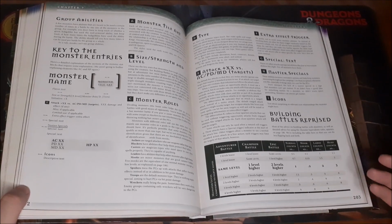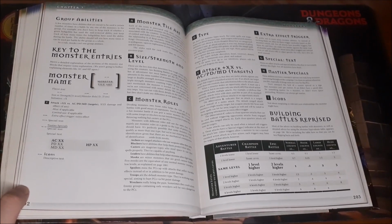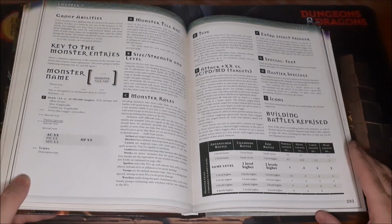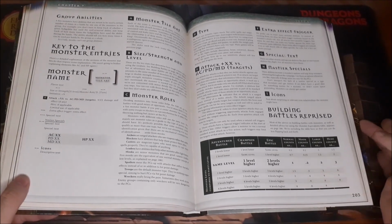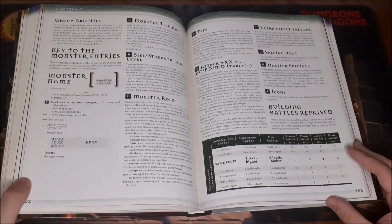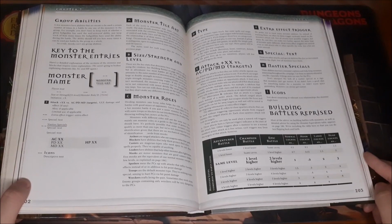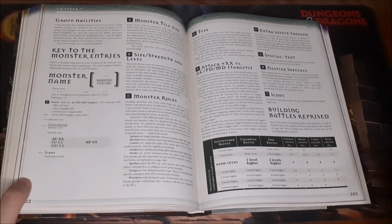And what that does is it gives you bonuses. I think it's to attacks. It might be attacks and damage, but I think it's just attacks. But whatever the number of the escalation die is, it's a bonus that you get to attacks and perhaps a few other things every round. So I think that's really cool. If the die gets up to like 5 or 6, then you're adding 5 or 6 to each of your rolls. And I think that's sort of done to help speed up the pace of combat, because